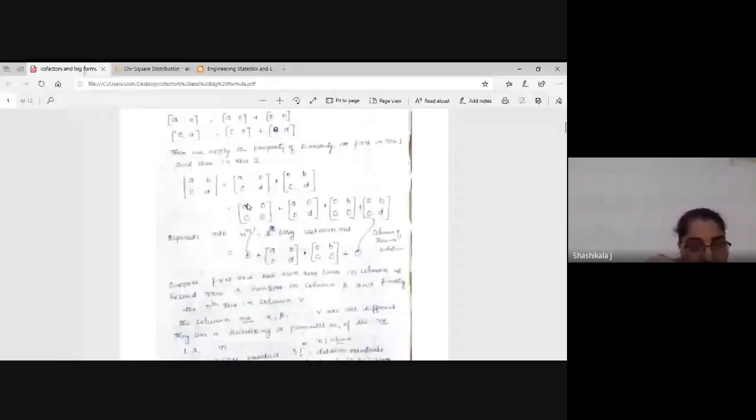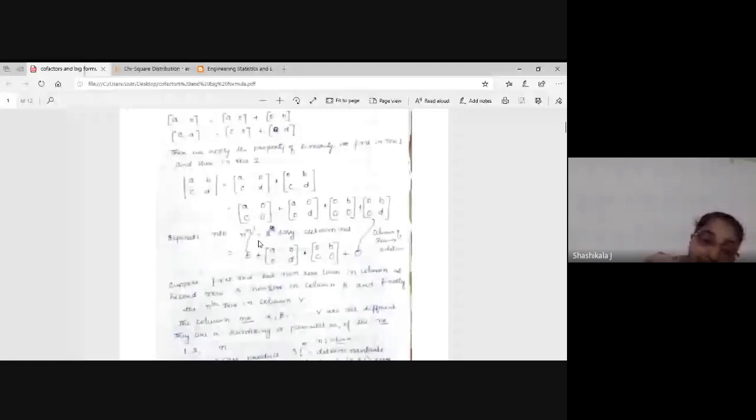And next, what is the determinant of this portion? When a full column is 0, the determinant is equal to 0. Here also it is a column, so the determinant is 0. If any row is 0, then the determinant is 0. If any one full column is 0, then it is 0. So you will be left with only the split-ups of this 2 cross 2 matrix. That means when you split up the matrix, you will have n factorial combinations. How to split depends on the n factorial combination.